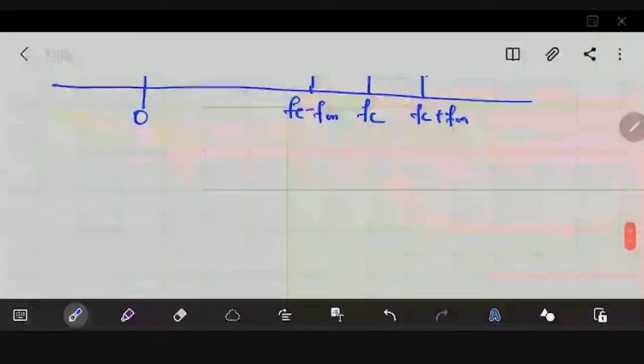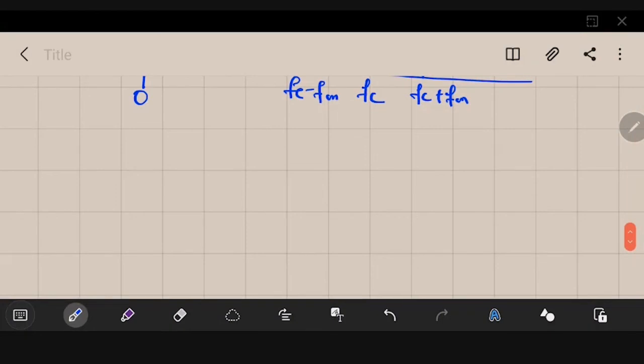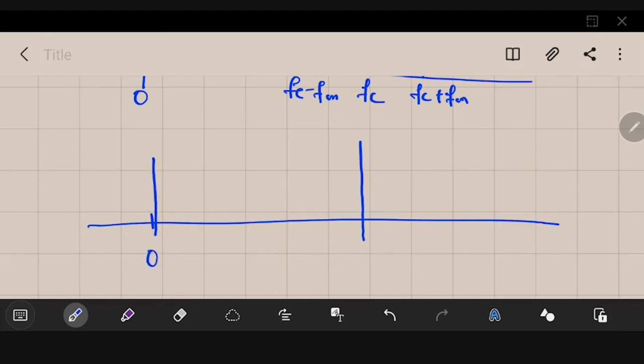So if we consider a multi-tone signal, you could see how it will look like. Let me just show you. This is your 0, and let's say this is your FC. When we were discussing the expression, you could have seen that we were having different kinds of signal. One was Am1 cos omega m1 t cos omega c t.